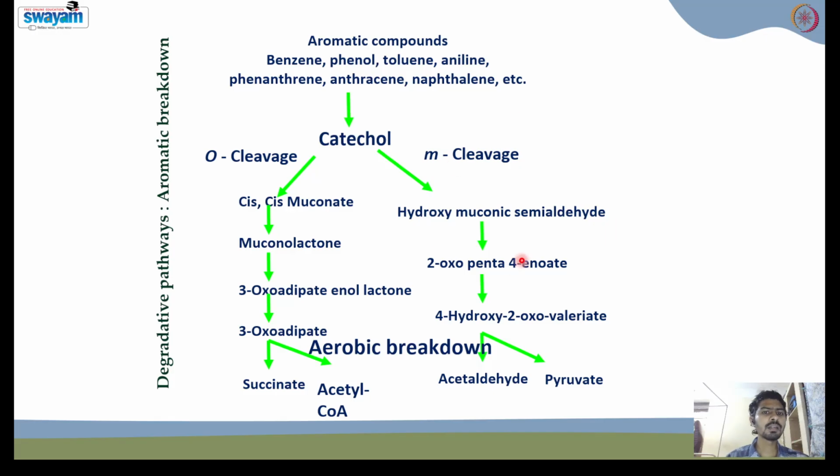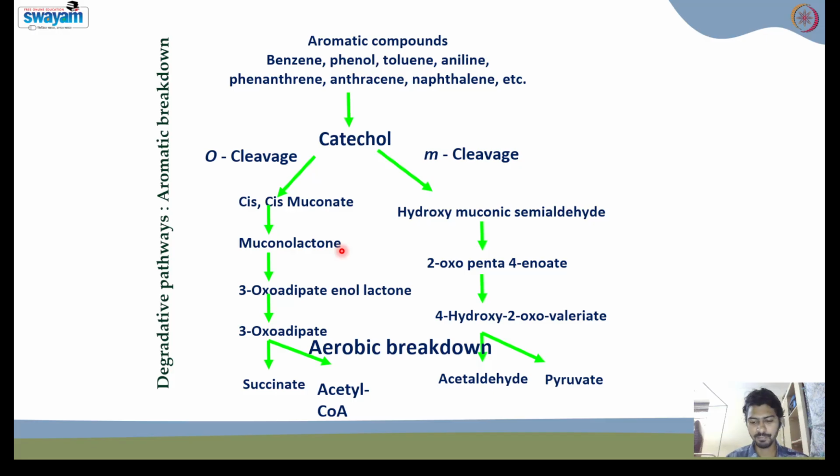So why is it important to study these degradation pathways of aromatic compounds? Because in polluted rivers or soil near petrol stations or industrial wastewater, we normally observe these kinds of aromatic compounds. So the microbes rely on this catechol pathway to break down these kinds of hazardous compounds like benzene, toluene, aniline, anthracene, and naphthalene. Because even if these compounds are present in very small quantities, they are very dangerous for the environment. So this is why it is very important to understand this degradation pathway, and this helps us to select the